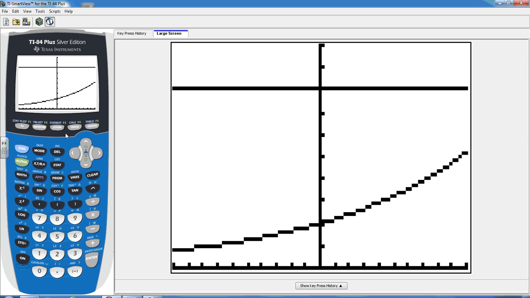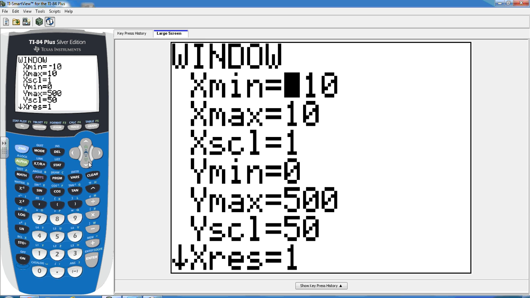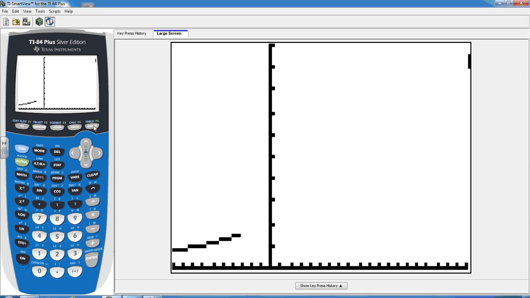So we need to resize our window a little bit. Looks like we need to make our x window a little bigger, maybe out toward 20. We can kind of estimate there. It's not too much further. Right? And then we need to make our y window, it should be okay, because we should fit in that y window, right? It's less than 500. So when we regraph here,